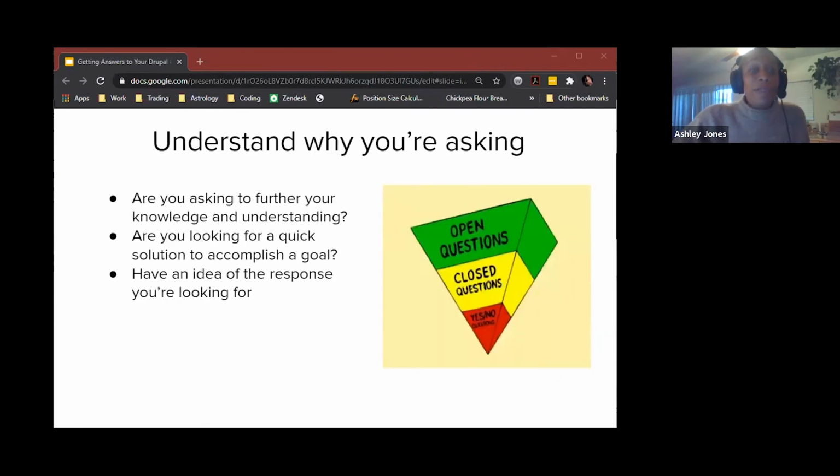Next, you want to be sure you understand why you're asking. Make sure that you're clear on that. There's a difference between really deeply learning something and then learning just enough to answer a specific question or solve an immediate problem. And both are valid. Neither one is wrong, but knowing which one you're trying to accomplish will help you get